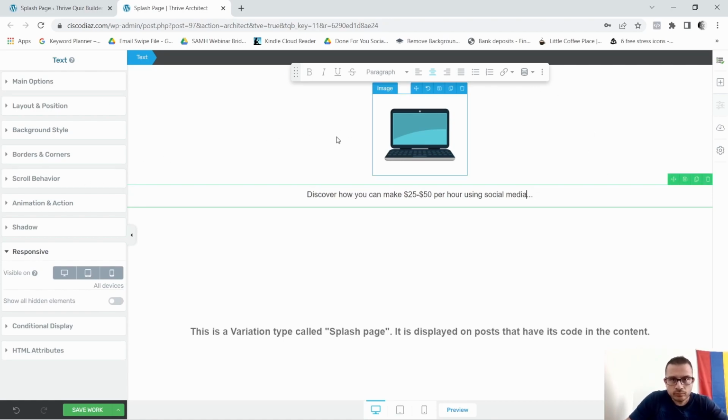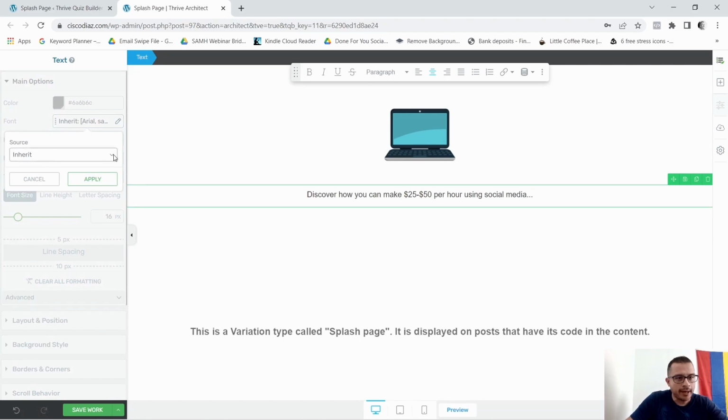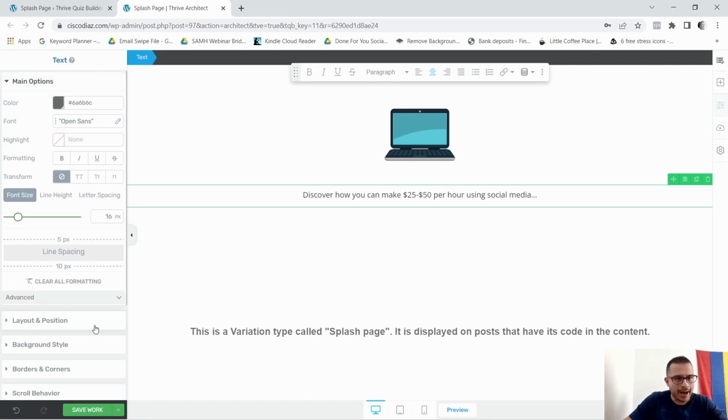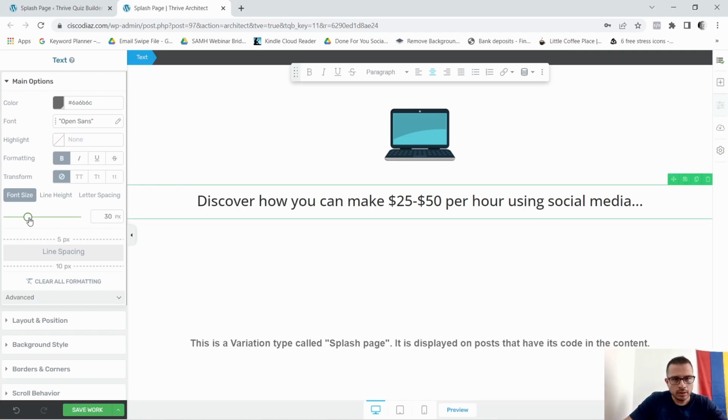Okay, now I want to go ahead and make this text a little bit bigger. So I'm going to first change the font, and to do that all you have to do is go here to main options, then font, and then you click on Google Fonts, and you select the font that you want to use. I'm going to say Open Sans, and I want to click on apply. I want to bold this a little bit and make it a little bit bigger. All right,